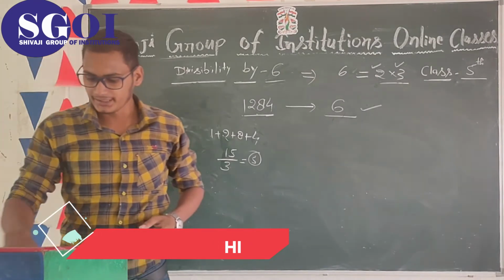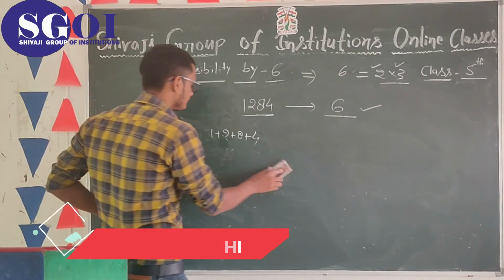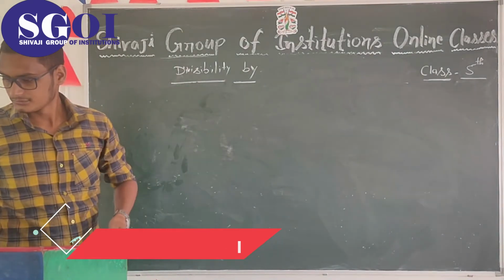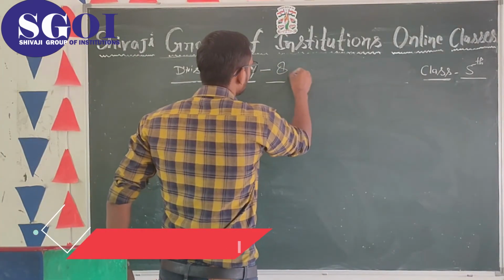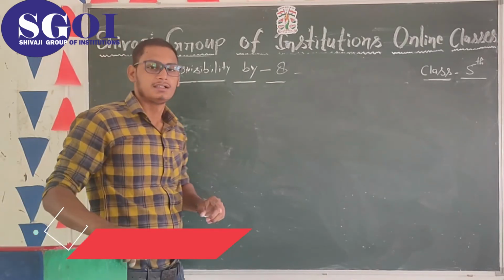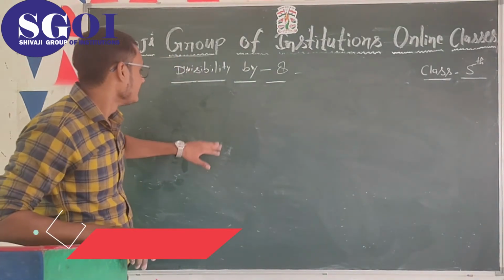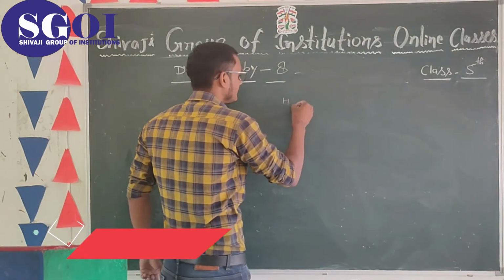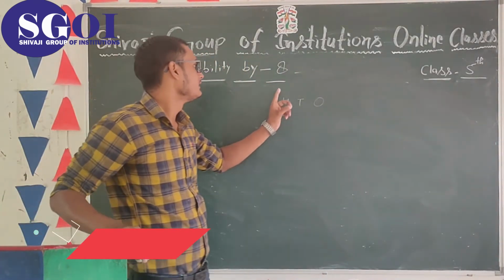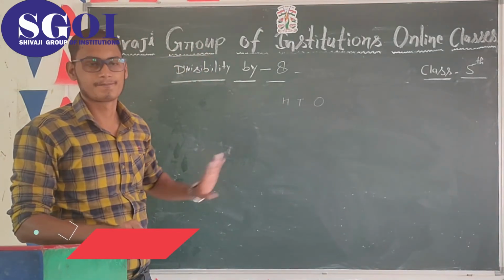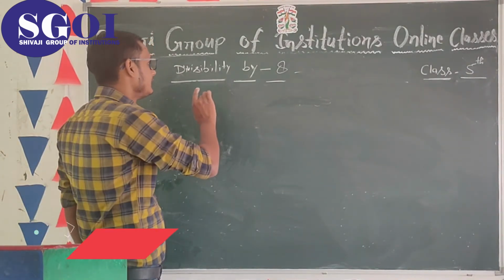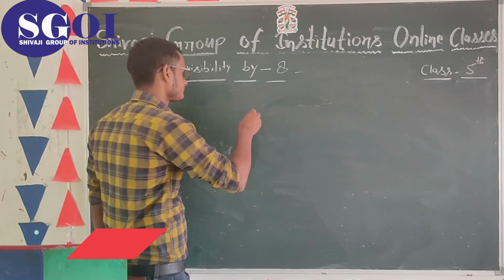Okay? Next property, divisibility by 8. The rule of divisibility by 8 is that in any number, if the number formed by the hundreds place, tens place and ones place is fully divisible by 8, then we can say that the number is divisible by 8. Look,